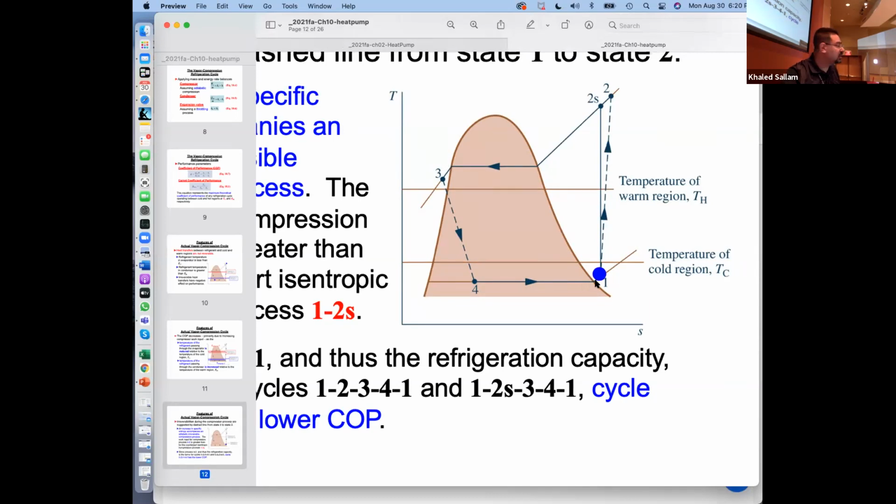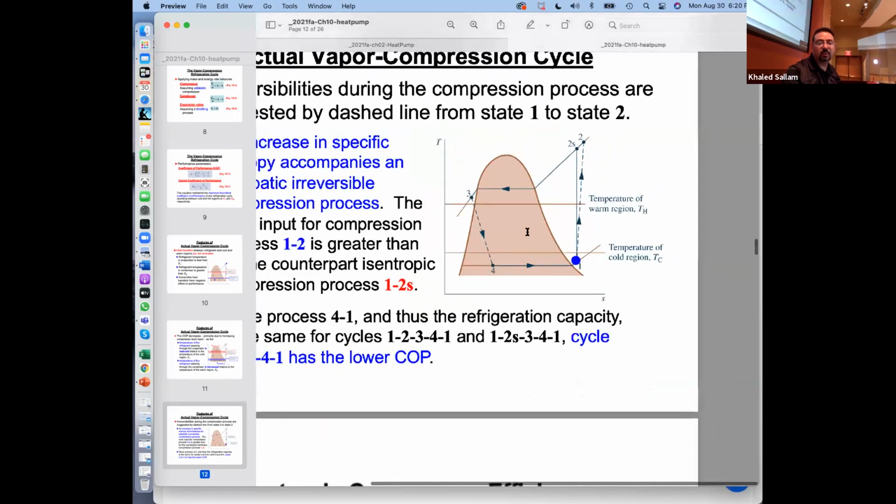And if there is still room, it will get hotter and hotter before the compressor starts compressing it. So there is room to get a little bit superheated because you are lower than the TC. After you finish your saturation, you get a little bit hotter,